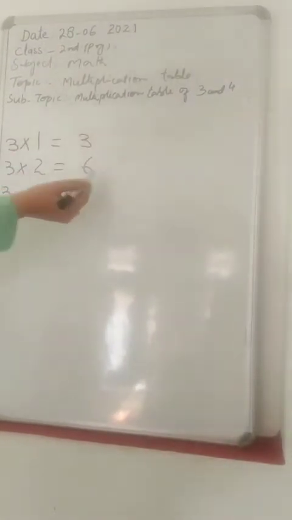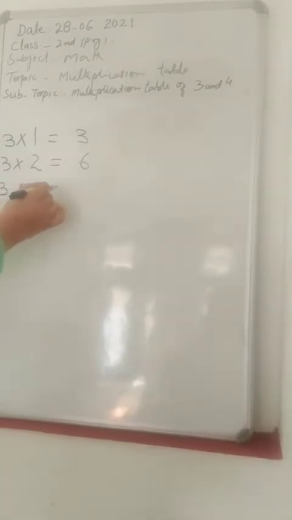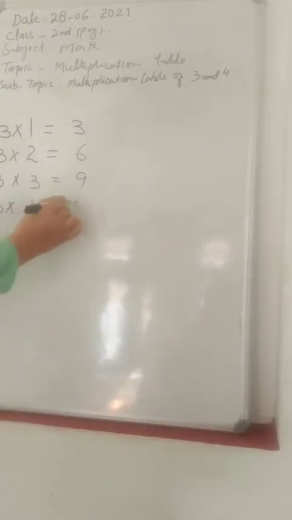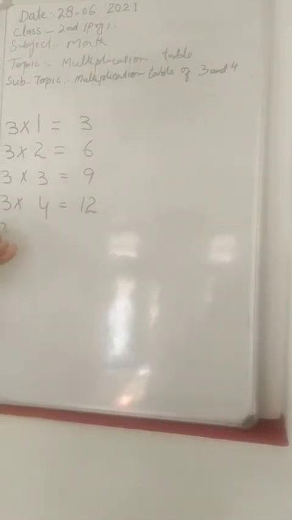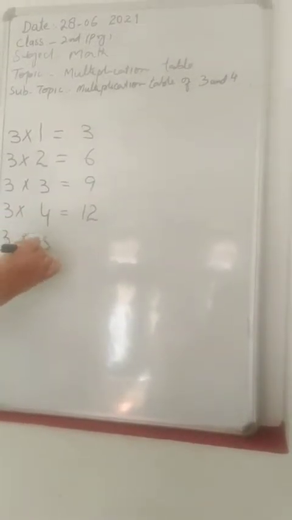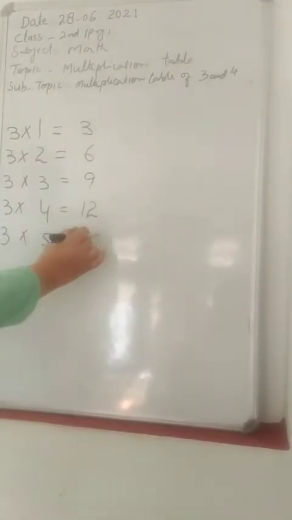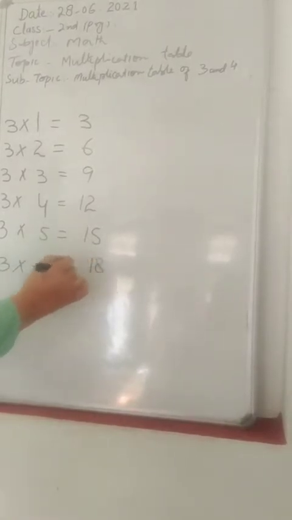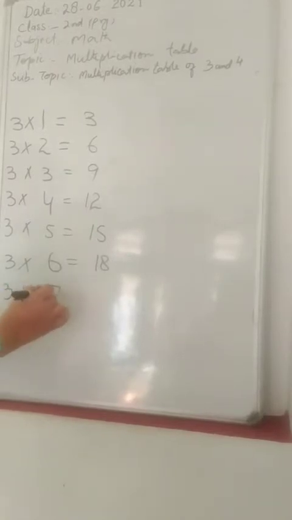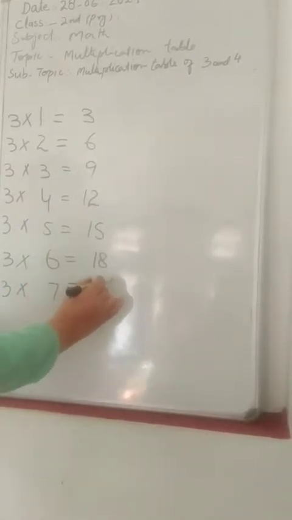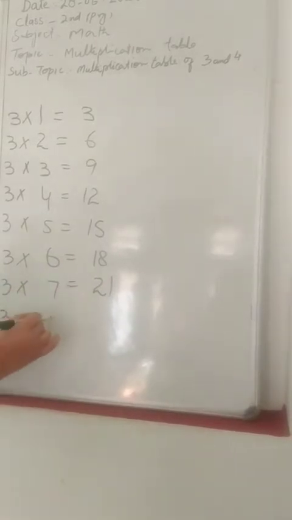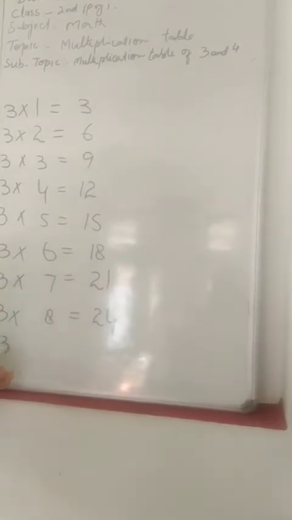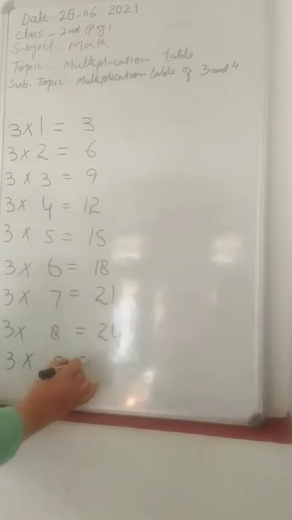3 1s are 3, 3 2s are 6, 3 3s are 9, 3 4s are 12, 3 5s are 15, 3 6s are 18, 3 7s are 21, 3 8s are 24, 3 9s are